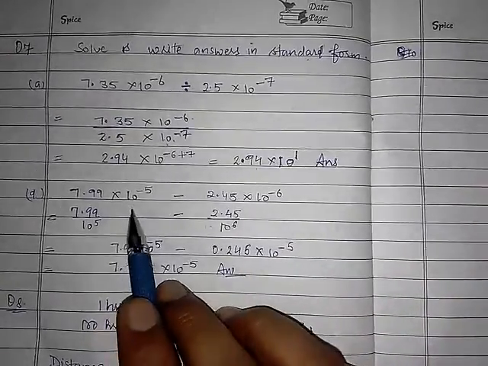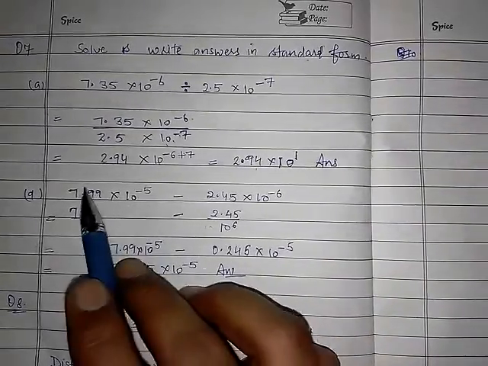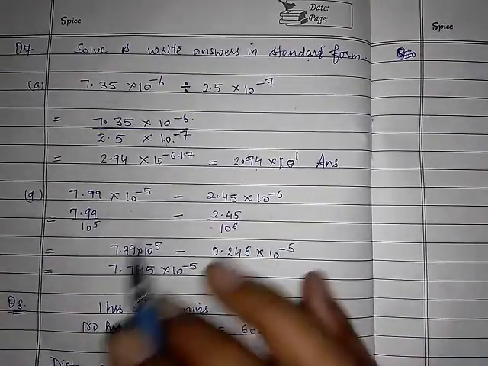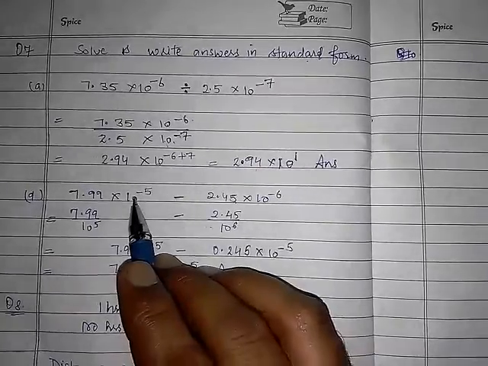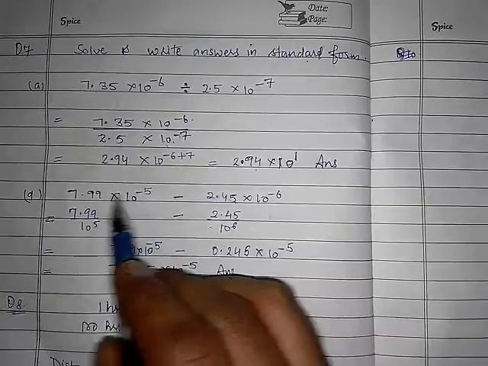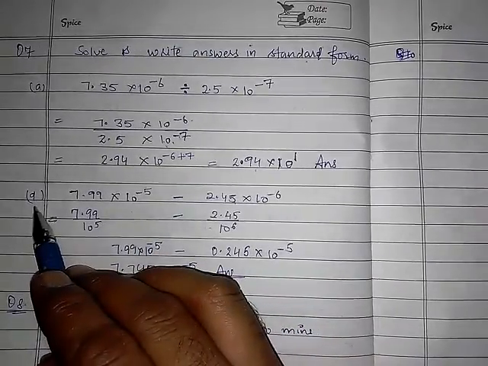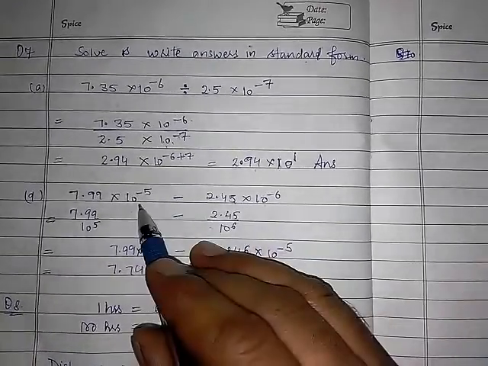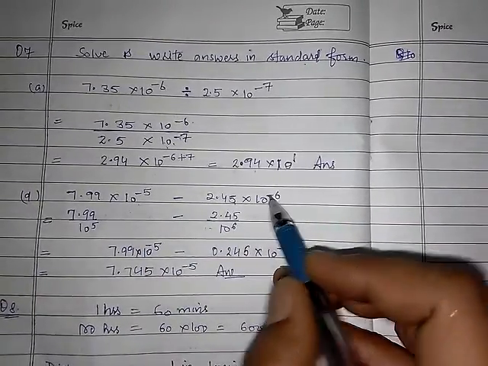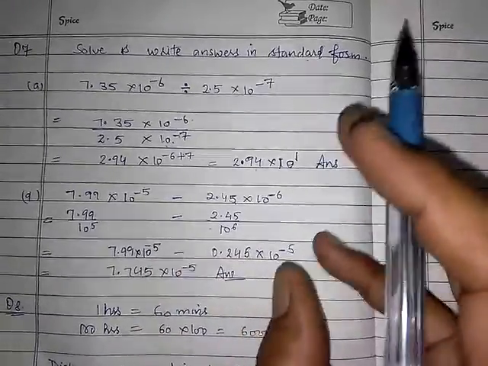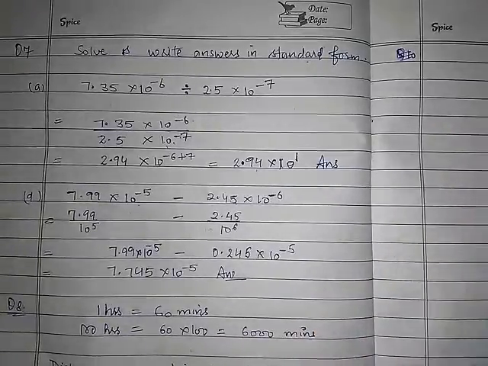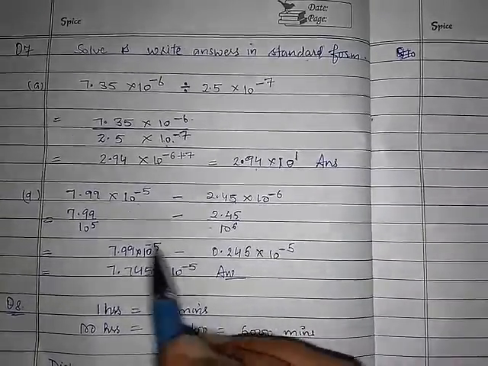Okay. Already we have done this question in question number 6. Two numbers are given to you and in between a minus sign is there. It means subtraction has to be done. There is one more method. I told you earlier, if negative power is there, it means you need to shift the decimal to the left hand side. But here you will not do that kind of work. Negative 6 and this is negative 5. So let's make the power same, because in the last we have to convert our answer in the standard form only. This is the best way in solving the question.